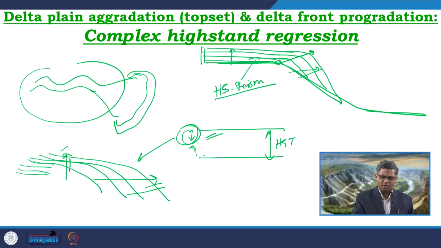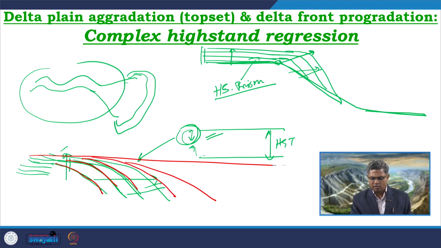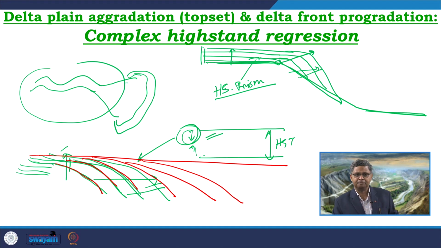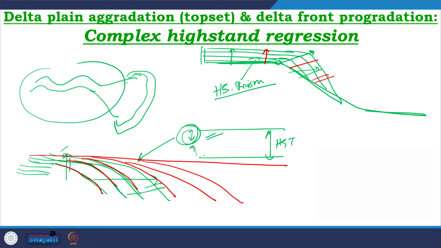So, gradually individual units are progressing forward and covering up. If this is the overall basinal condition, the basin is gradually getting filled up. So, a forward stepping basin fill pattern will be the characteristic during the HST, particularly during the end phase of the HST. During the initial phase of the HST, we also get the same kind of pattern, but here the filling pattern is more upward than forward. It is more upgrading rather than forward stepping. Forward stepping will be confined only to this delta front area.